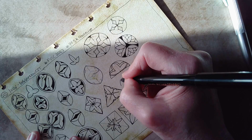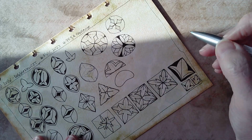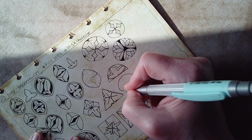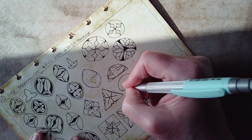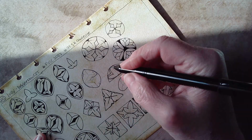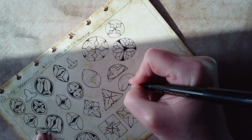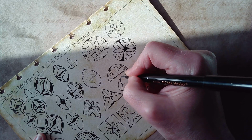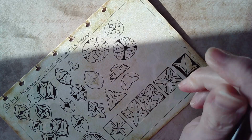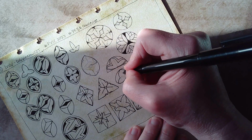I'm thinking about one of these molygons, which looks a bit like an orange segment. So I'm just trying this out in pencil to see how it works, and then let's have a look. So I can pop that little notch in there, and I can let the shape of the polygon at the bottom be the bottom of the leaf, so that could work. And if I just pop this in,